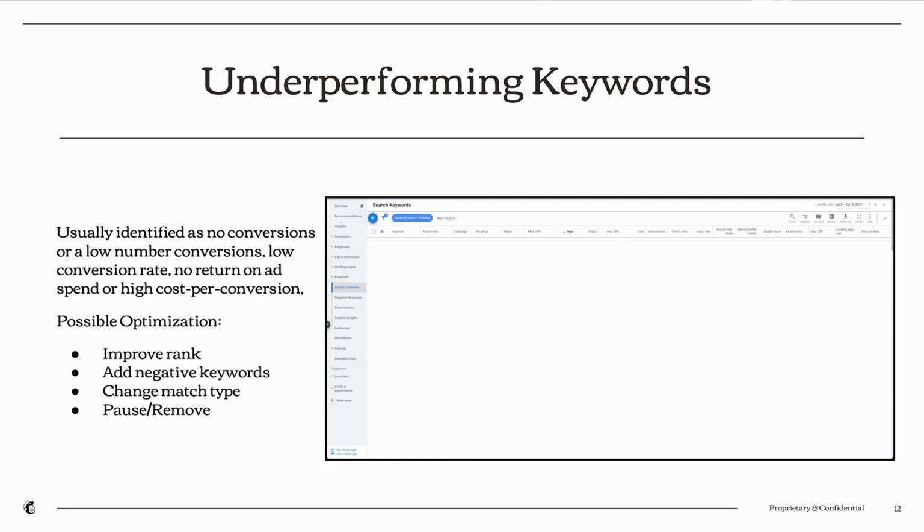Once again, negative keywords. This goes along with the search term reports that I'll get into in the next slide. A search term report will let you know what you're mapping into with the keywords that you're bidding on. So if there are certain keywords that you're mapping in on, you could add them as negatives if it makes sense so that you don't show for those anymore, and that will cut out anything that's not performing well for you.